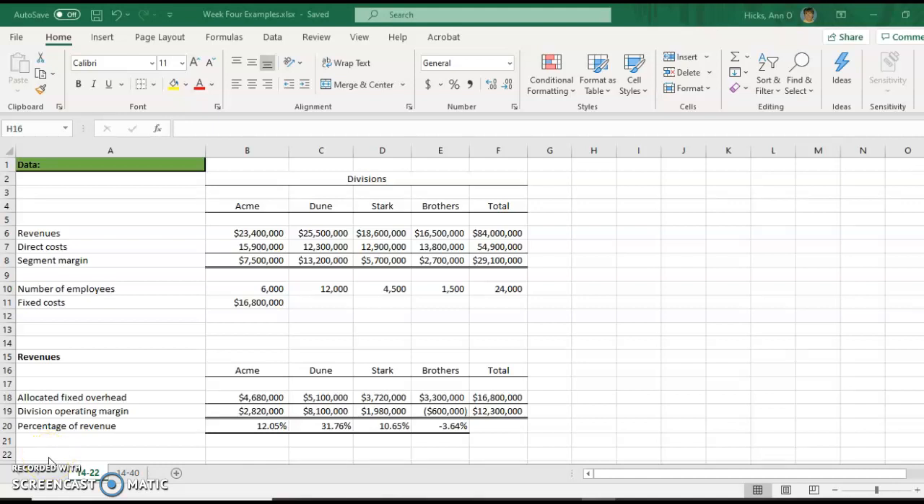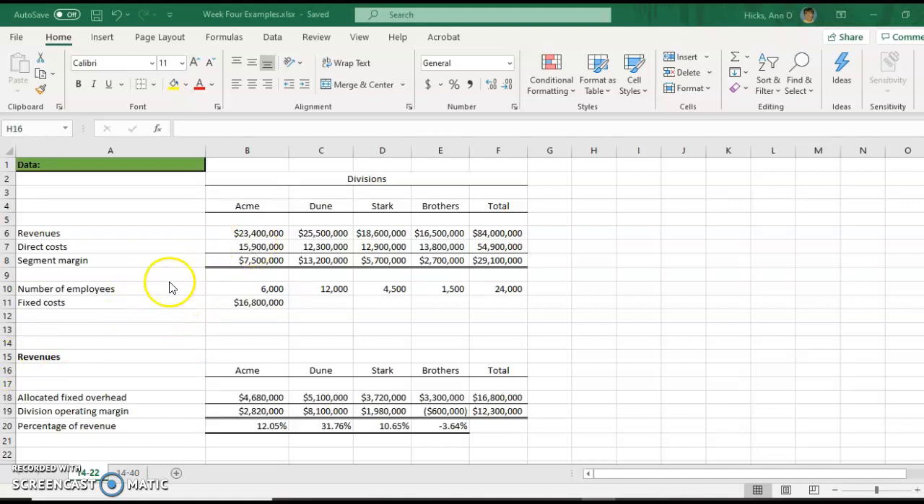So that's the first issue. Do we allocate or not allocate? Then you've got the question of, if we allocate, what do we use as our allocation base? As we've talked about in the past, we want that allocation base to reflect cause and effect as much as possible, but there's a trade-off between complexity as well. So what I want to do is just walk through this particular example as an